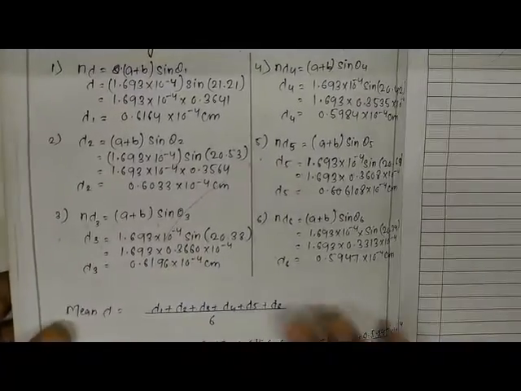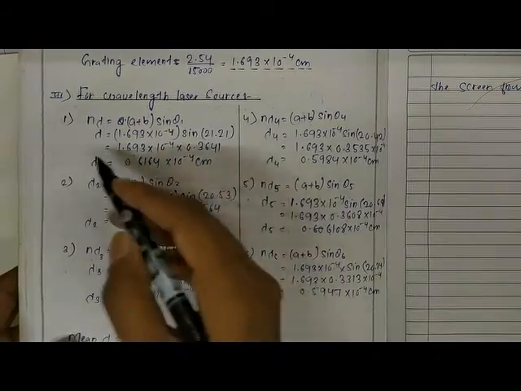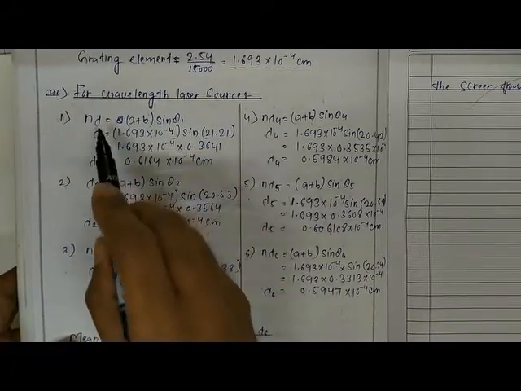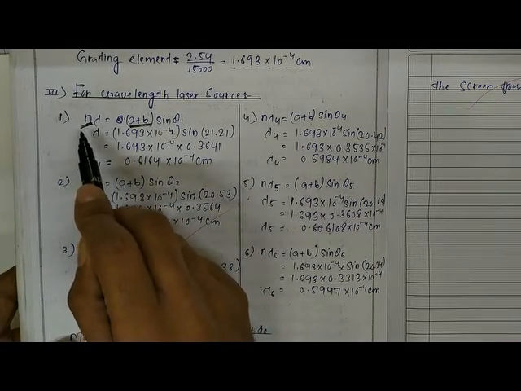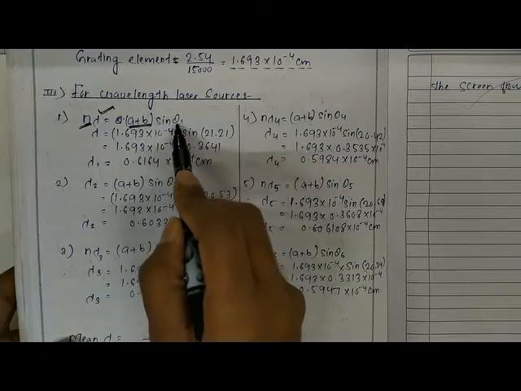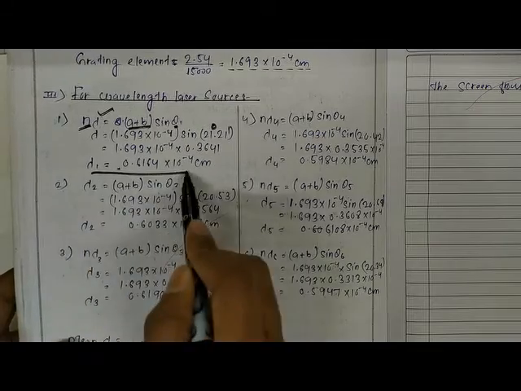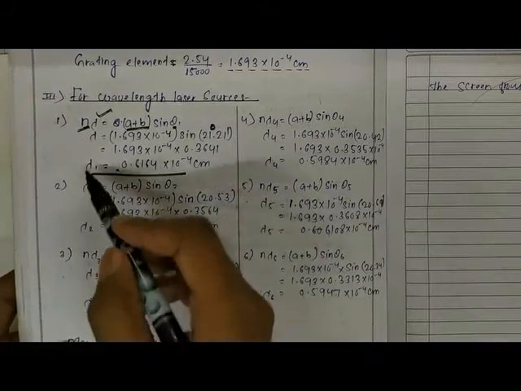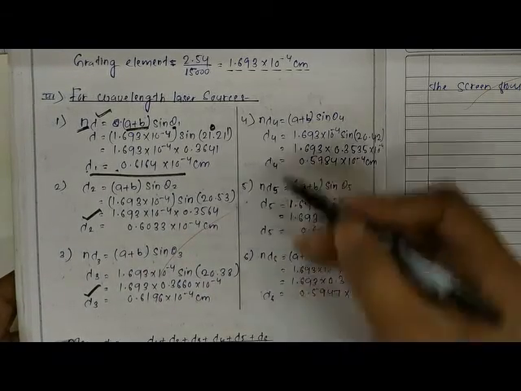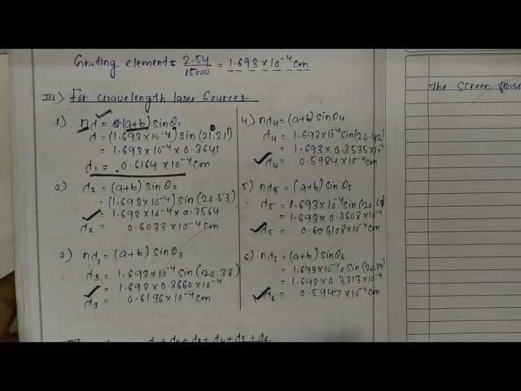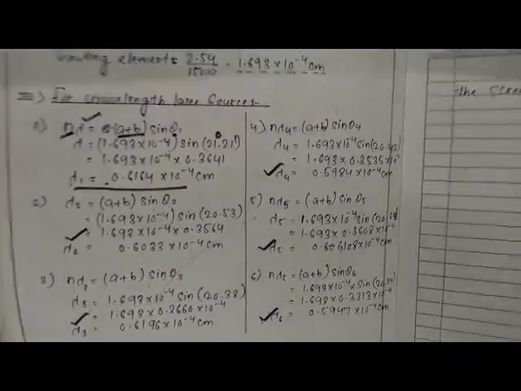Now let us substitute all the theta values. First of all, find lambda 1. To find lambda 1, we use a plus b, that is the grating element, N, the order of spectrum, which is first order, and lambda, which we have to find. Substitute the value of theta, that is 21 degree 21 minute, and likewise find the value of lambda for each theta value. Name it lambda 1; for theta 2 it is lambda 2, then lambda 3, lambda 4, lambda 5 and lambda 6. So get all the lambda values, and now finally let us take their mean.